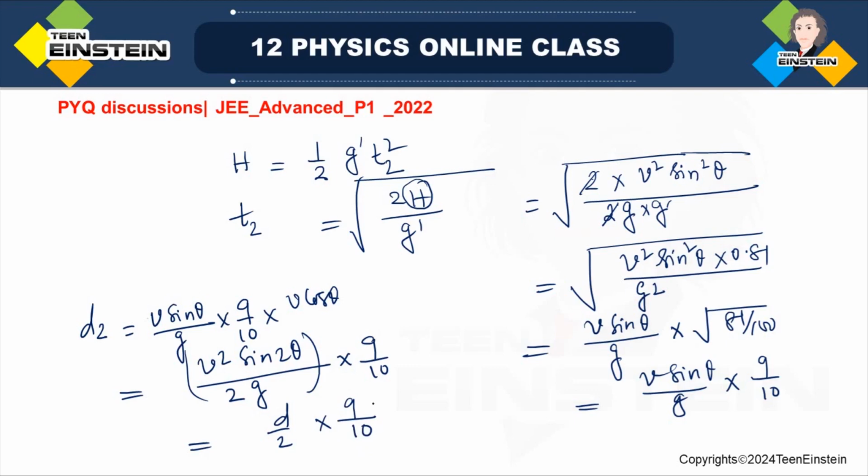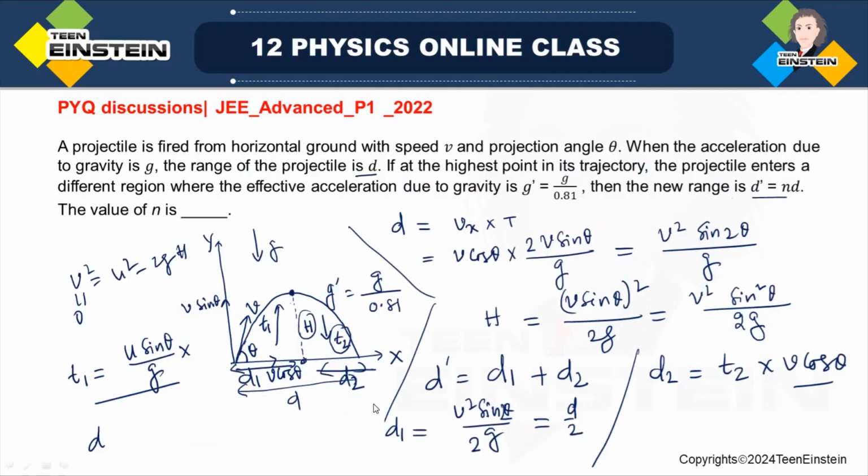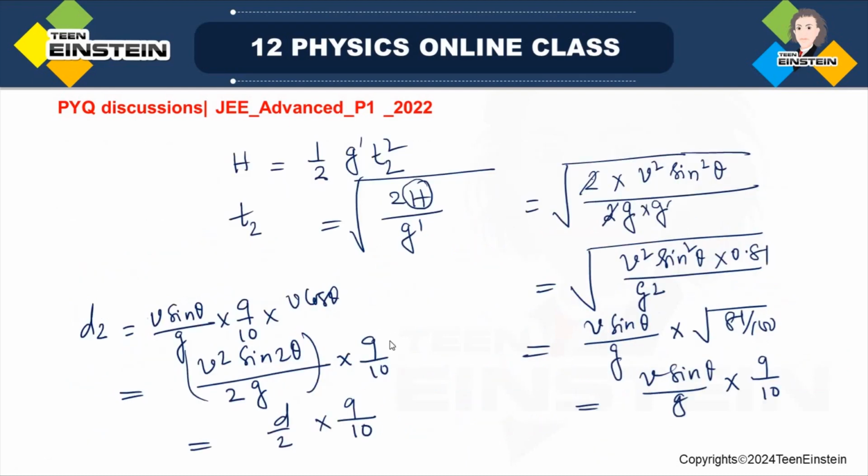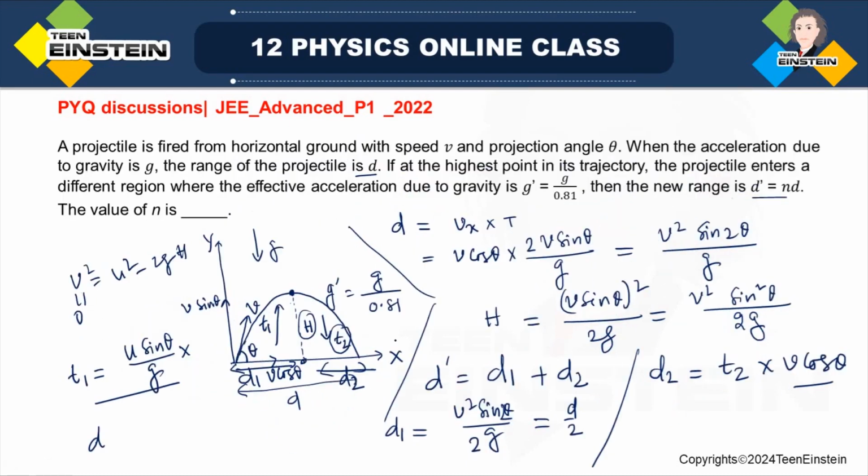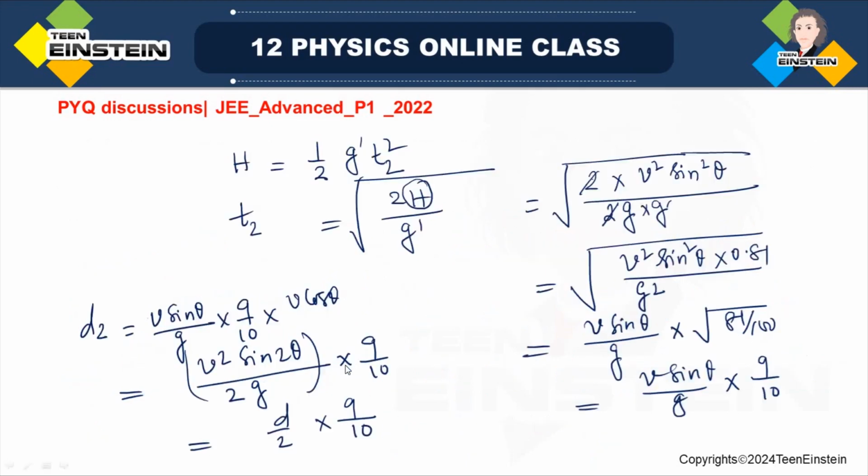Right. So I'll put this here. You look, the total. See, I have got d1 is equal to d by 2, and d2 I have got d by 2 into 9 by 10. Let me clean this portion,